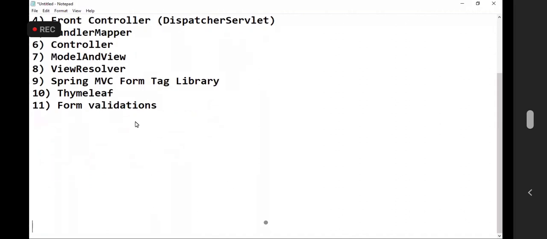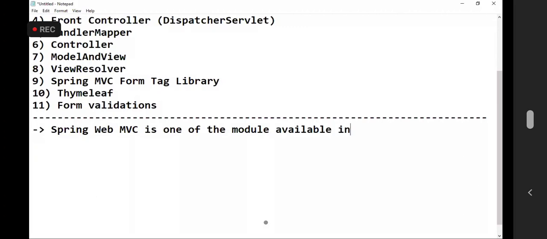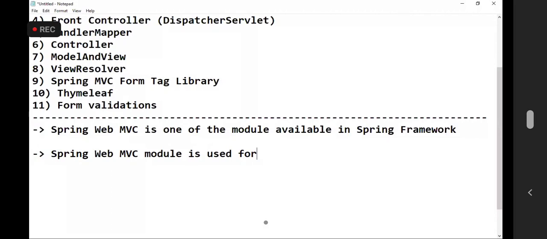What is Spring Web MVC? Spring Web MVC is one of the modules available in the Spring framework. The Spring Web MVC module is used for developing the below types of applications.